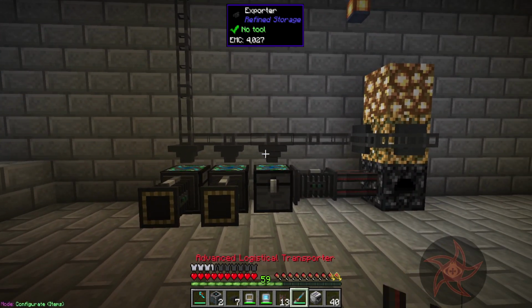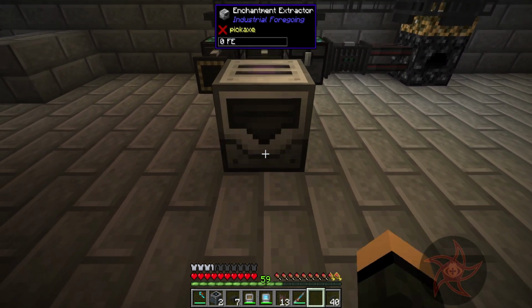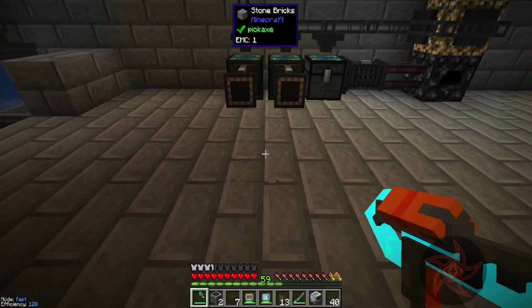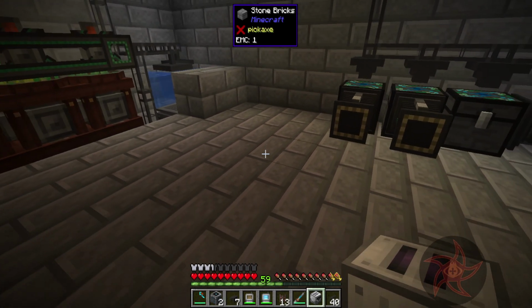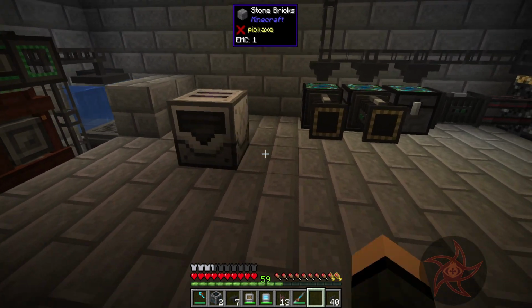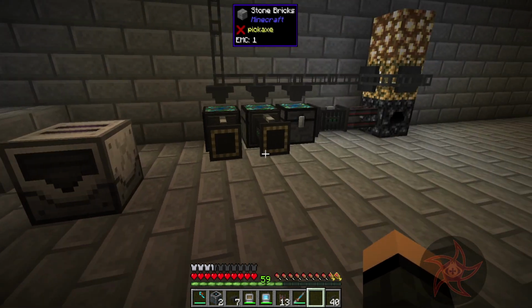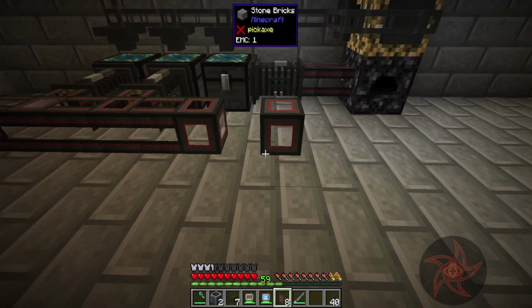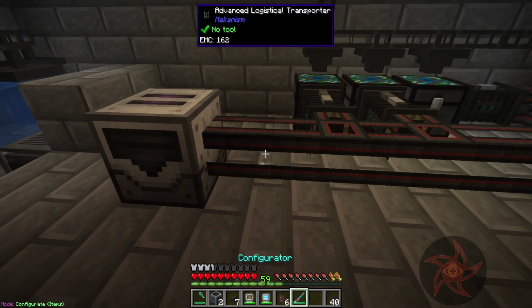So I want you to go, say, here. Ish. No, no, you need more room than that. Actually, might be able to get away with here. Oh, I also hooked up another destructor over here for increased water. And then we can do this. Now,